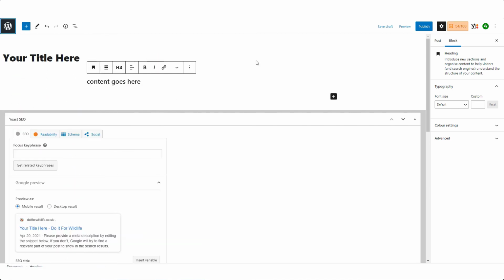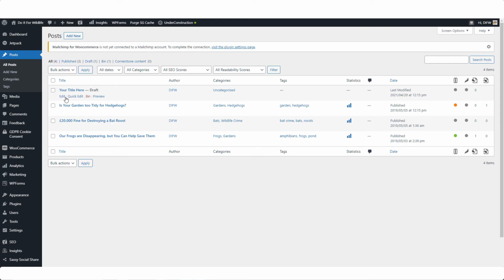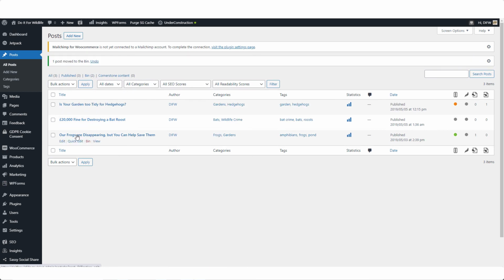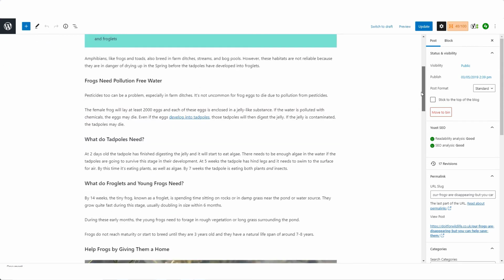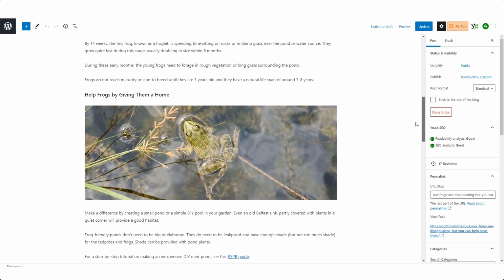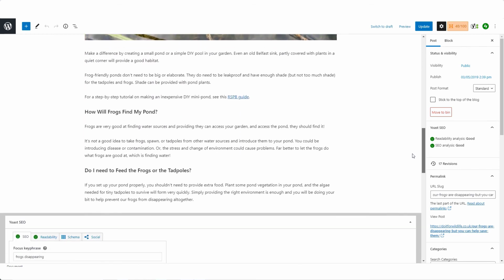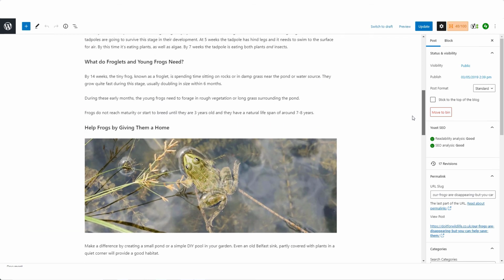So I'm going to come out of this here without saving. You would normally click on Save Draft, and when you're ready to publish, you just click on Publish. And I'm going to bin that. Now let's take a look at a post that's already been created. And you can see here how I've easily added highlights just to break it up and make it easier on the eye. I've added images, and if we look here at the